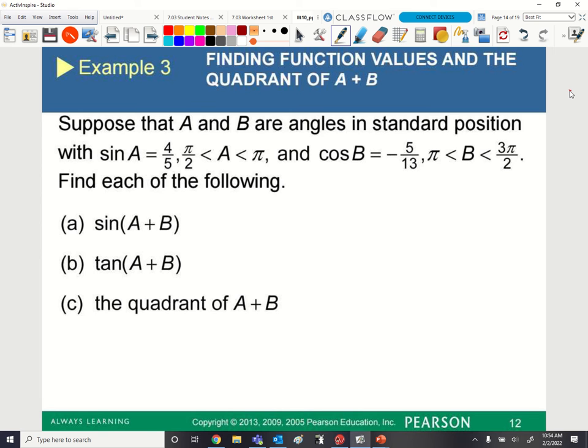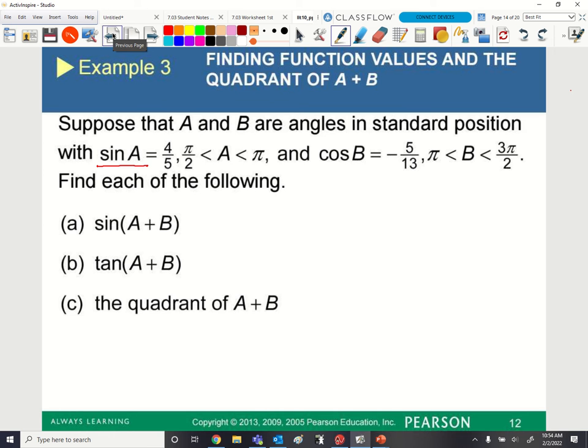So we have two angles, instead of s and t like I did on my last example. These ones are using an a and a b. So sine of a is the first thing I'm going to start out, and that's going to be 4 over 5. So new page. Sine of a. And what does sine represent? Y over r. Very good. So I know I need x, y, and r. So my y value is 4, my r value is 5, and we have to go back to a previous